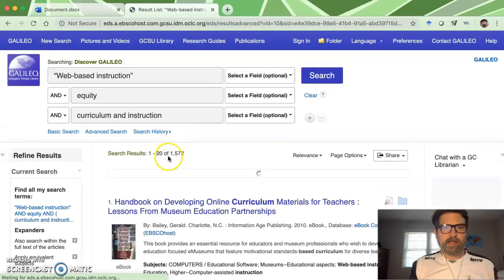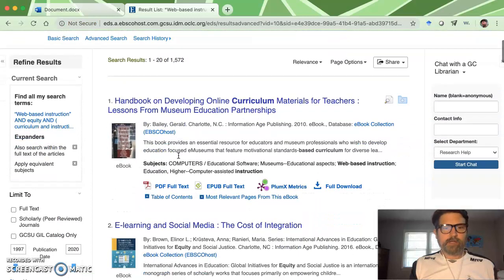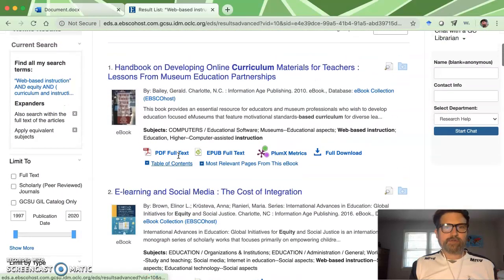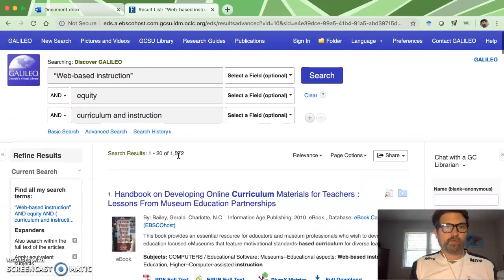Now I have a narrower search, but I have a variation in my results that I may not have seen otherwise. So you really want to keep that in mind. So that's just a quick overview of how you can look through different terminology and use that to get more relevant results. Thank you.